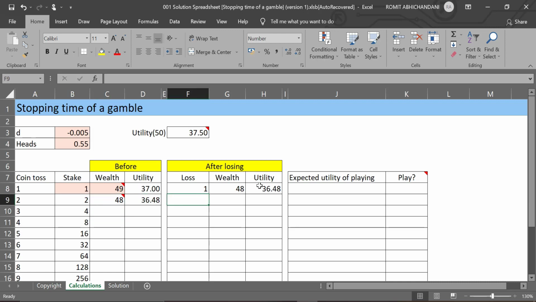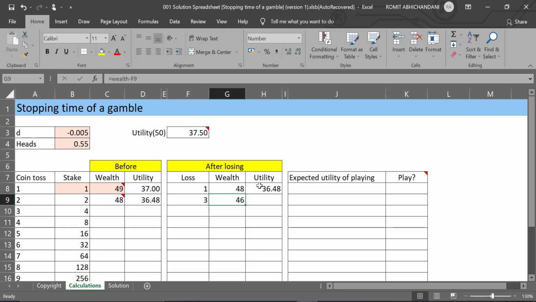Now in terms of loss, what we want to capture is, you can either capture the incremental loss, but since they are saying aggregate loss, what you want to capture is the total loss that the investor is suffering. So initially they suffered a loss of 1. Okay. Now they are suffering another loss. They're putting 2 at stake, and it will lead to a tails. So they will lose. So their total loss will become this initial 1 plus this 2. Okay. So their total loss this time will be 3. And their wealth will be initial wealth, which is fixed, minus the loss that they have suffered. So now their wealth will become 46.